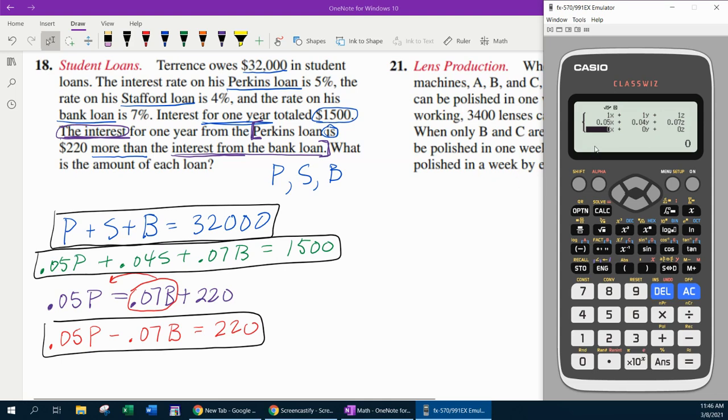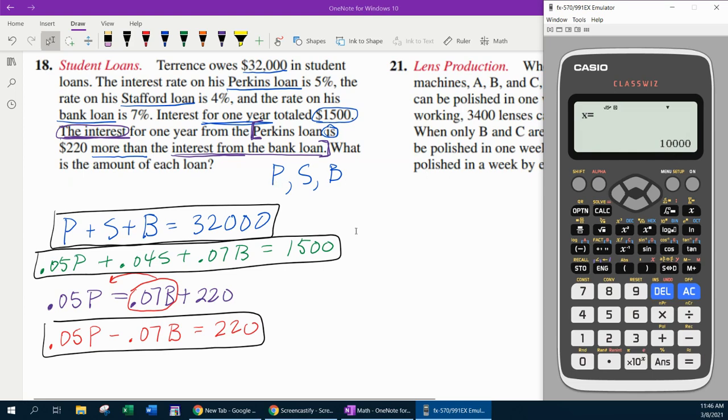So the coefficient of P, 0.05. The coefficient of S, well, there is no S, so that's 0. B, look at this, negative 0.07. And the constant 220. And then if I hit equals, we see the amount of money in the Perkins loan,